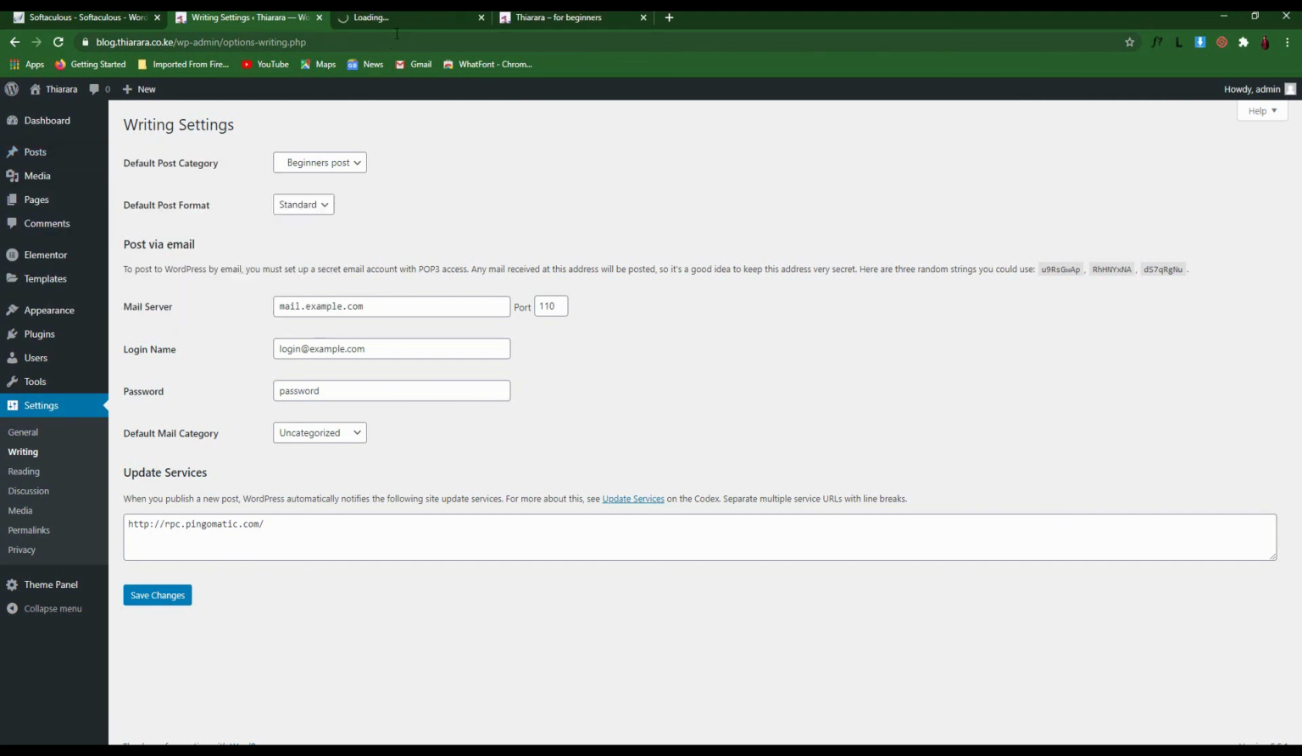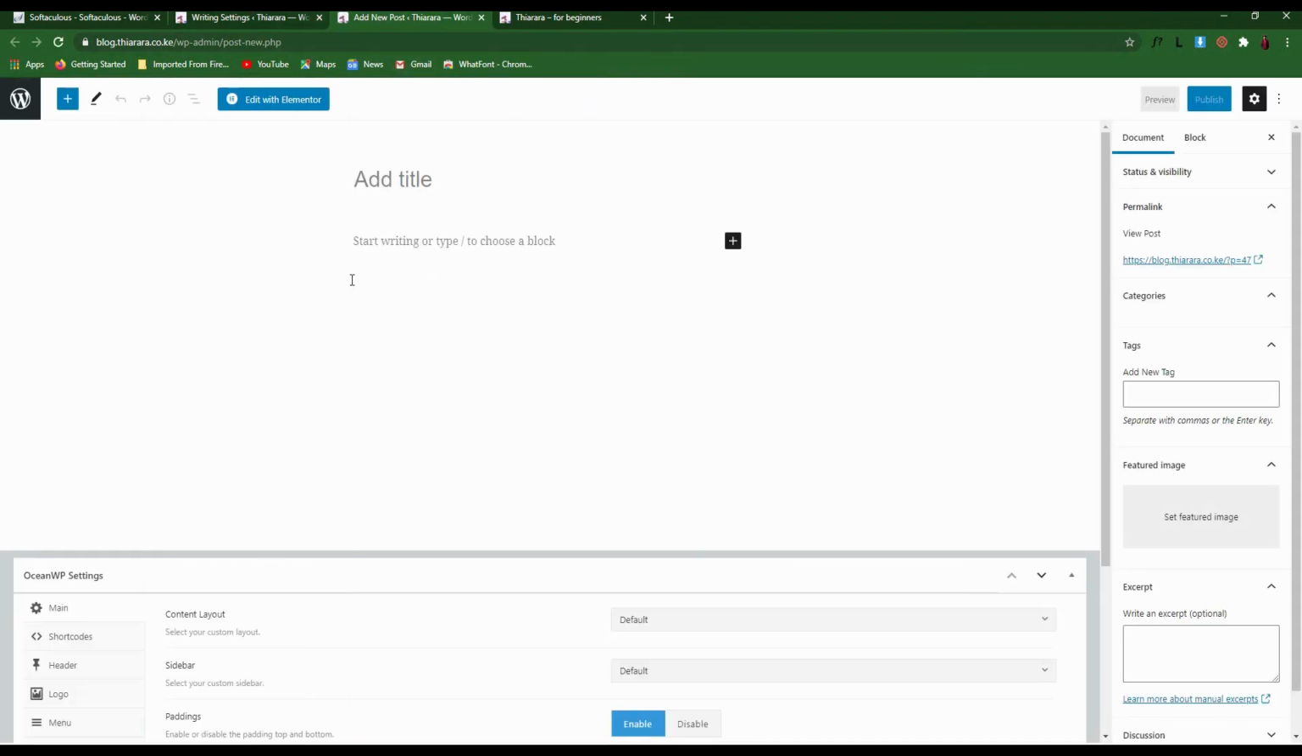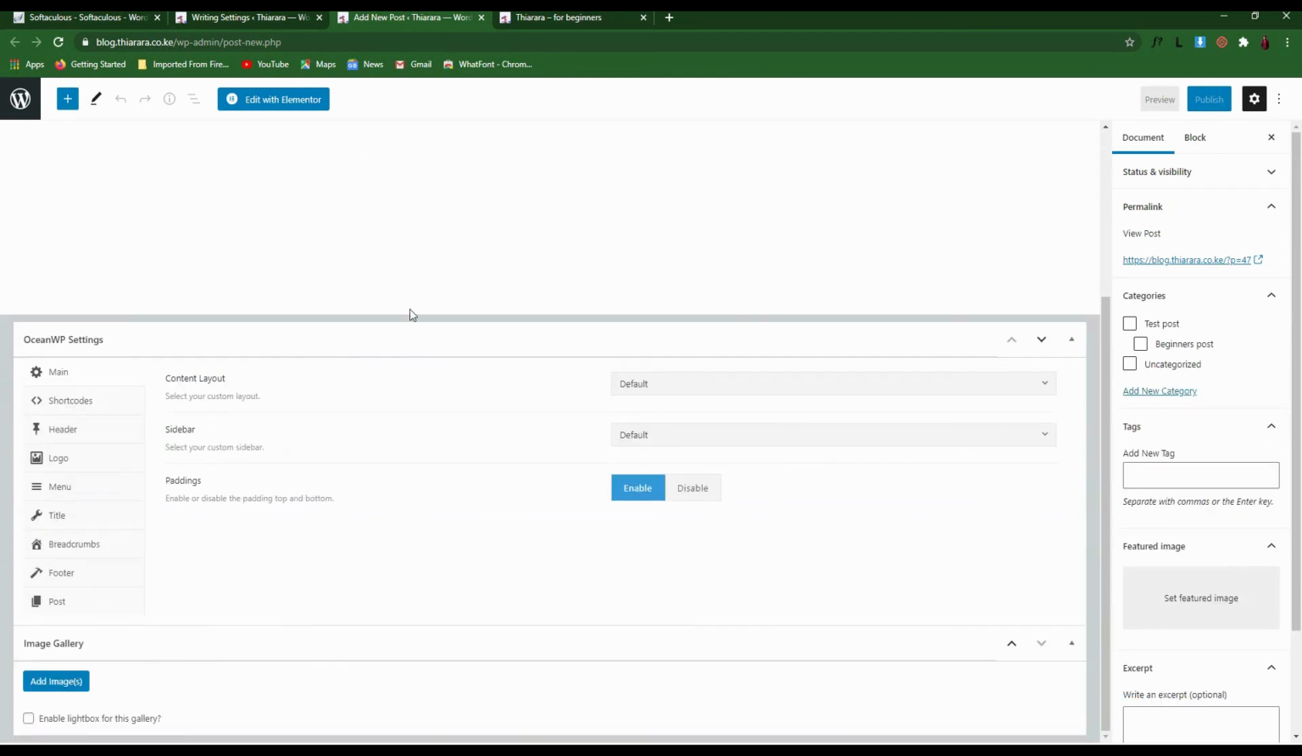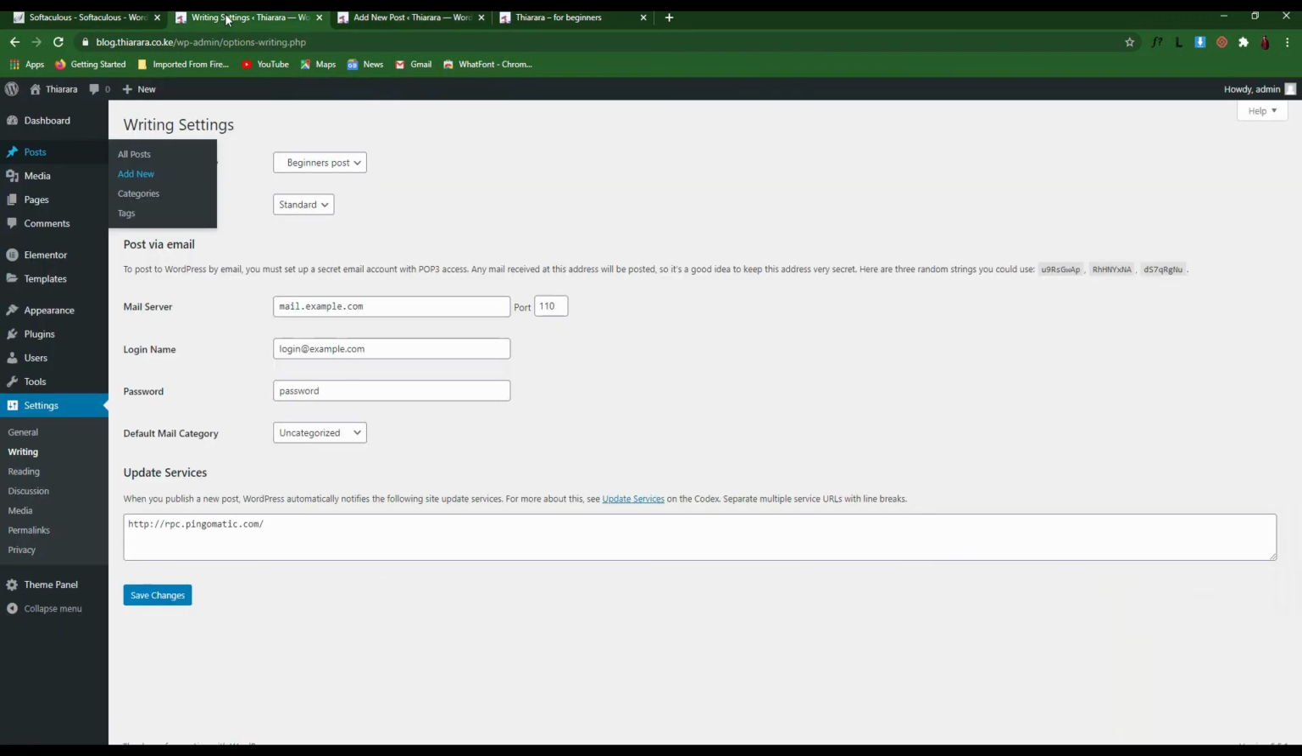Once someone opens a new post, add new post here. This is the standard format. You can see we have been added some features by the theme we are using. We never had these options here. So if you decide to change and say default site maybe a chart or a gallery, and you save it,